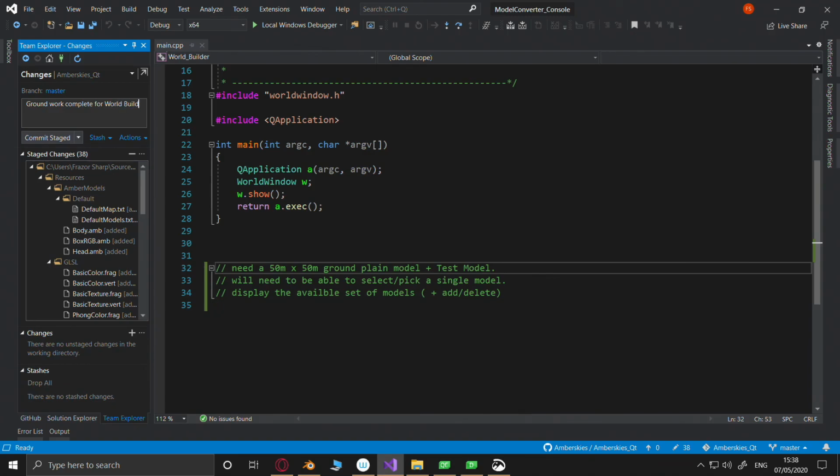If anybody's got any ideas about how they think world building should be done, or if they've done one in the past, or if there's any information or any hints or ideas you want to throw at me, please do so. I am not correct in the way I'm doing this. I am just doing what I think is simple. If you think it's complicated, then let me know, and then I'll know that I've overcomplicated this and that I need to rethink it, because it should be very, very simple.